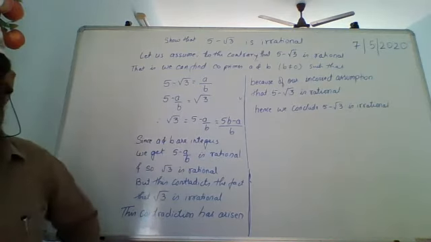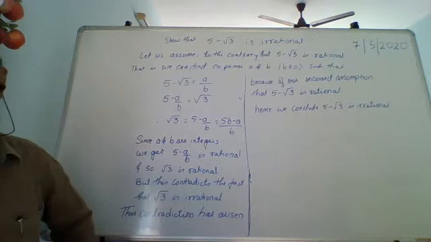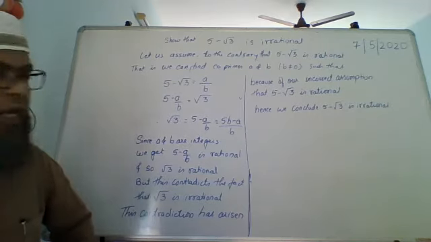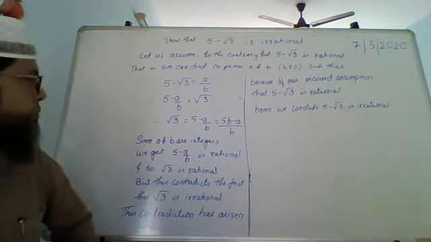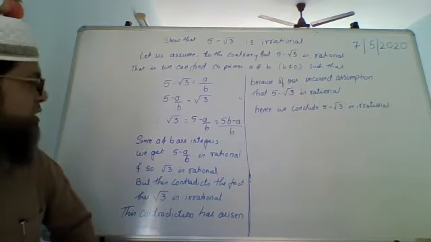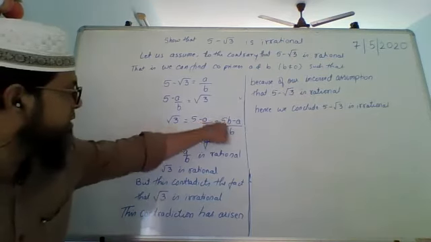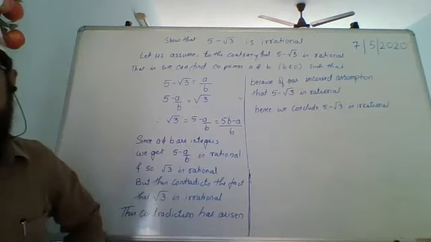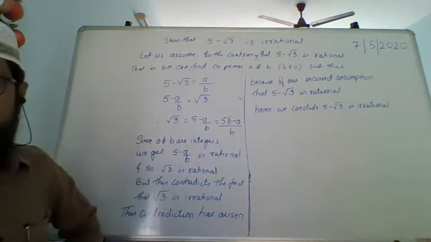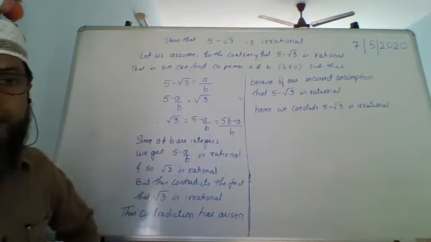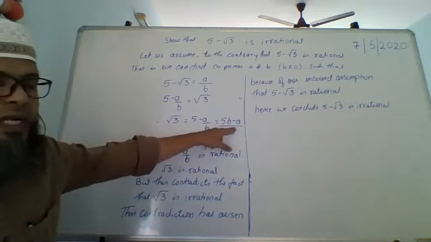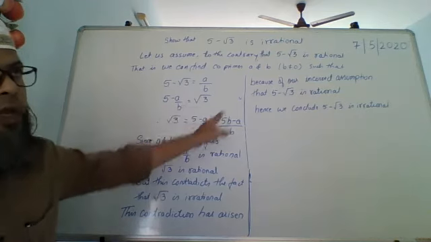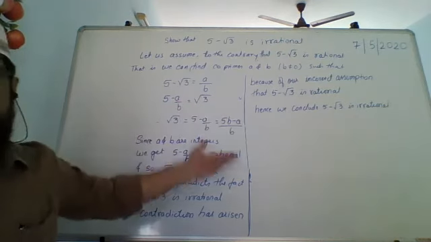Keep the irrational number on one side, shift everything else to the other side. So you will get root 3 equals 5 minus A upon B, which is the same as (5B minus A) upon B. But A and B being integers, whatever is on the right hand side, (5B minus A) upon B, is going to turn out to be a rational number. So this is rational. If the right hand side is rational, that means root 3 equals a rational. That means root 3 is rational.